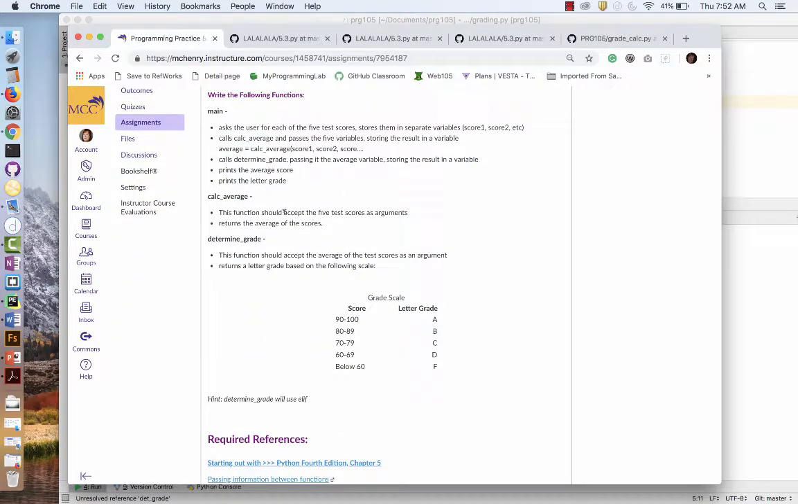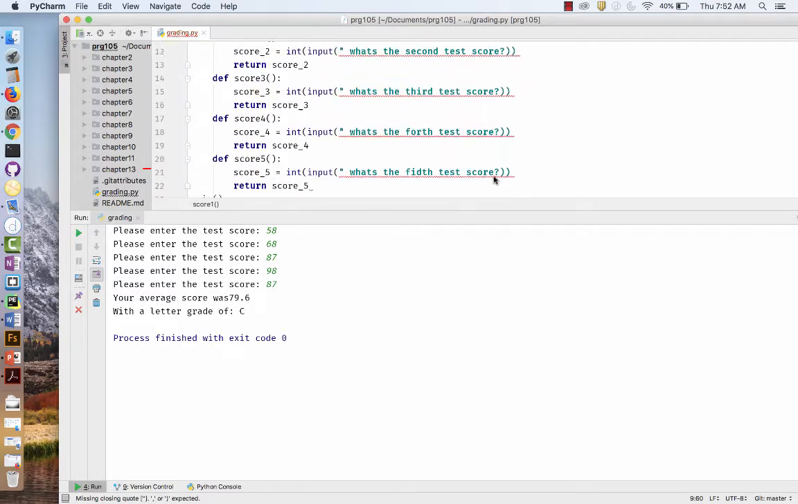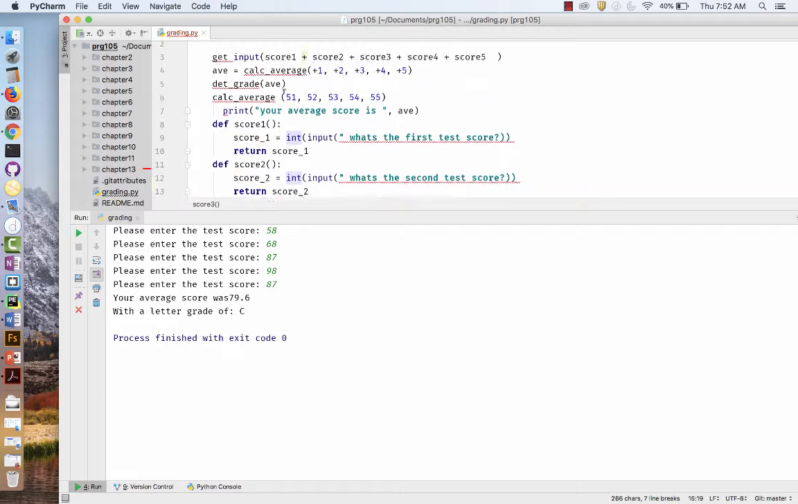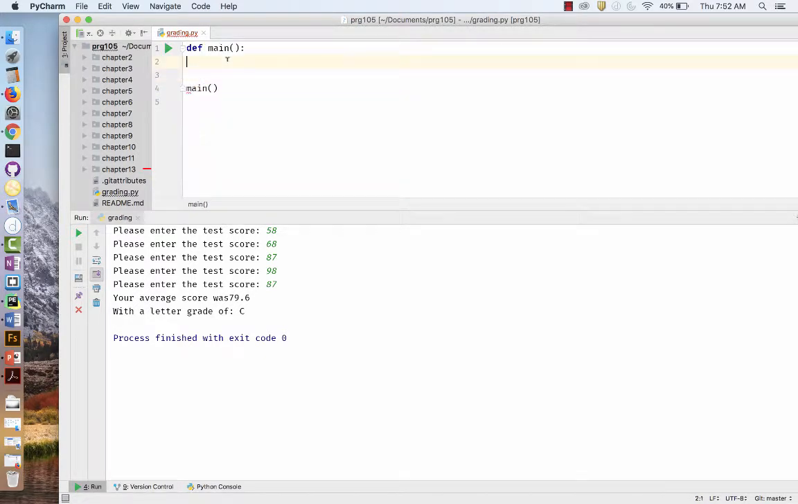It gives you specifically, you need a main function. You need to ask the user for 5 test scores, then you calculate the average, and then you determine the grade. So it should be set up with 3 functions. You have def main,